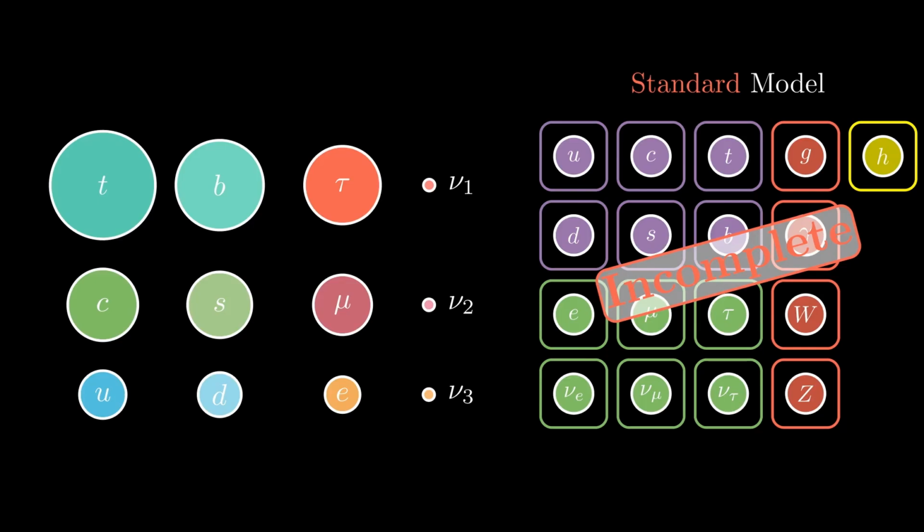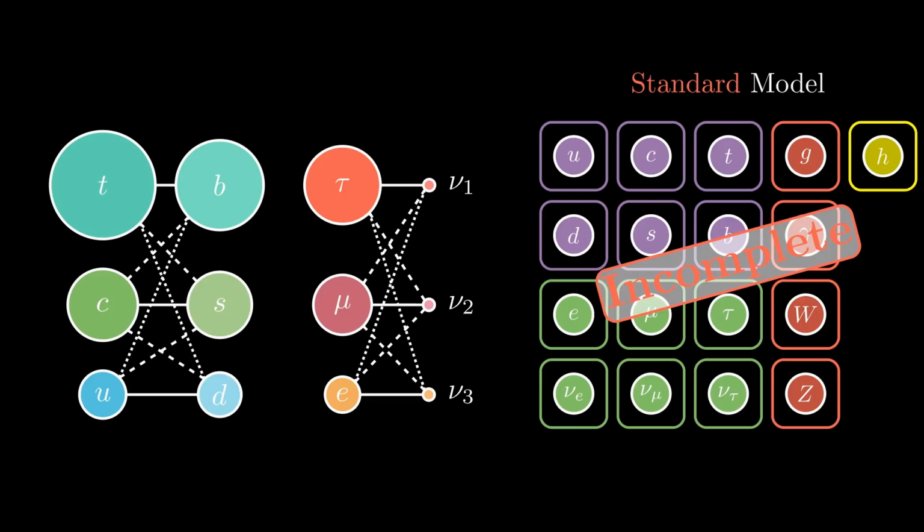Why is the electron much lighter than the muon? Why is the top quark the heaviest one? We also don't know why quarks and leptons from different families mix the way they do. All these problems make up what is called the Flavour puzzle.